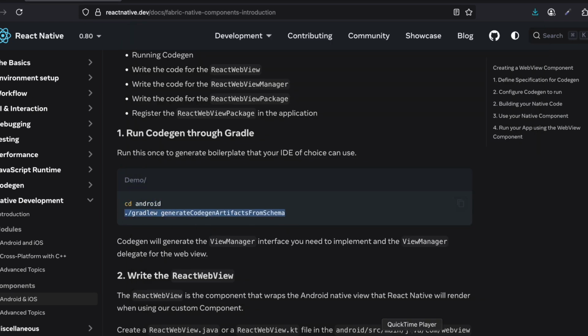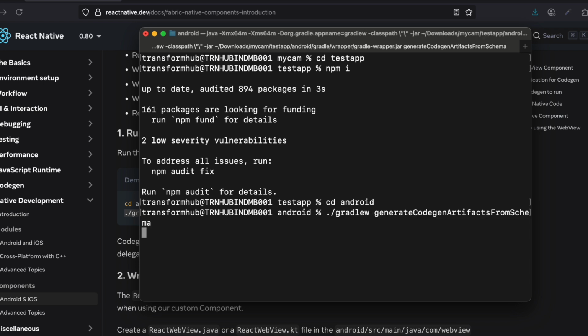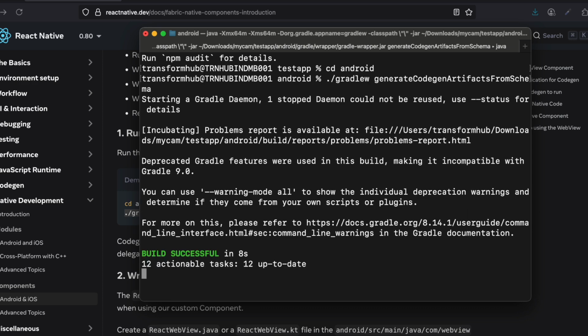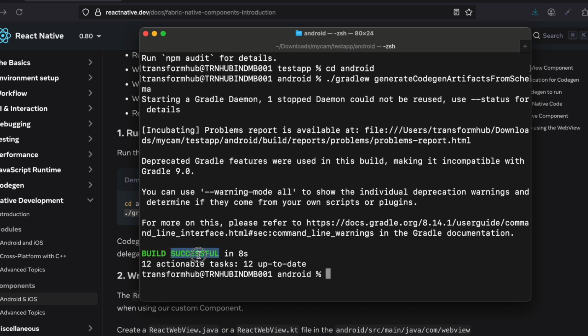I have already run this command, so it will be pretty quick for me, but if you're doing this for the very first time, it might take a bit of time, like 2 to 3 minutes depending on your machine. So just be patient. Here you can see you should see build successful at the very end. Once this is done,